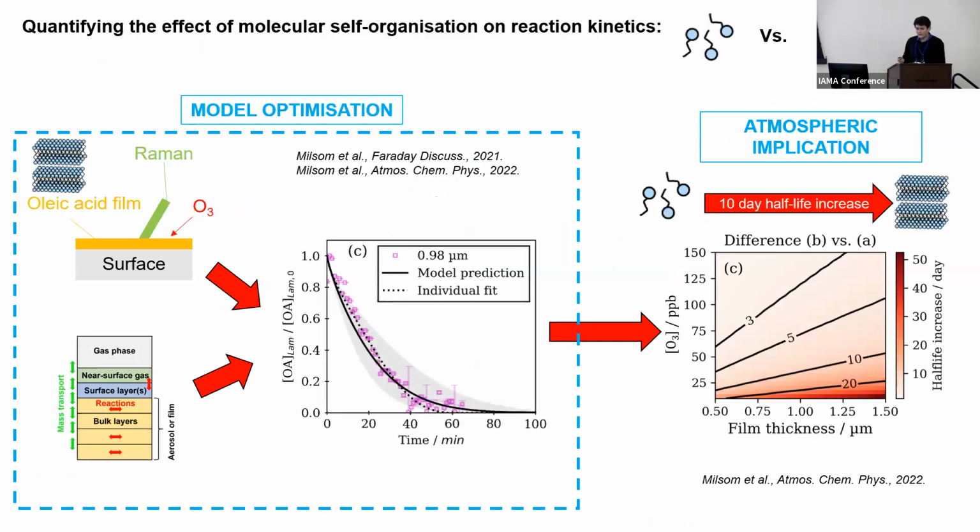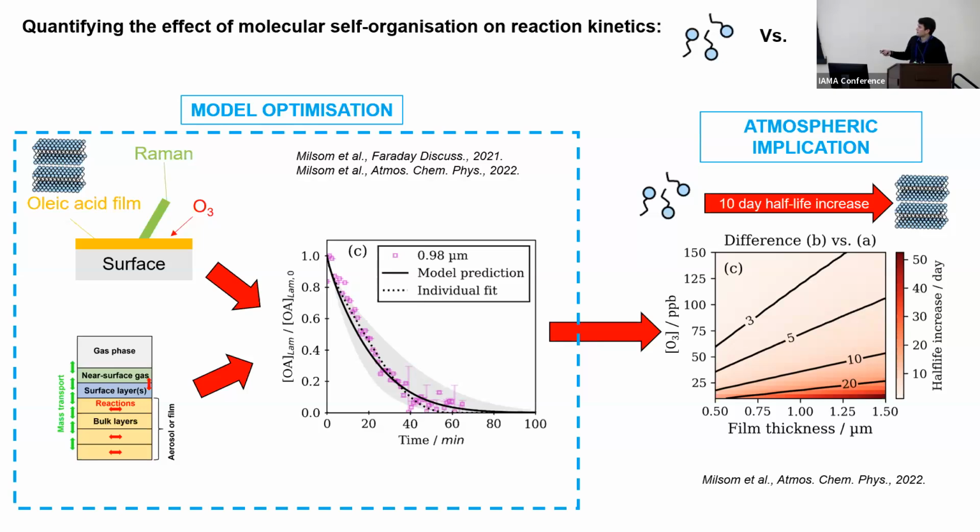And just to zoom into the modeling side and why the kinetic multi-layer modeling was useful. So I have many hats, experimental and modeling, but so I developed a way of measuring reaction kinetics using X-rays and then complementing it with Raman spectroscopy. And we looked at films of this oleic acid proxy. So this is sort of a bilayer form of it, which is quite gloopy. And we did some reactions, got some kinetic data, and then I applied one of these multi-layer models to the